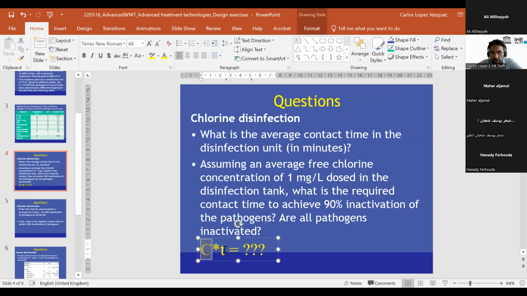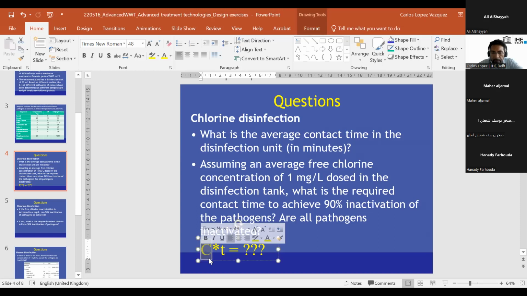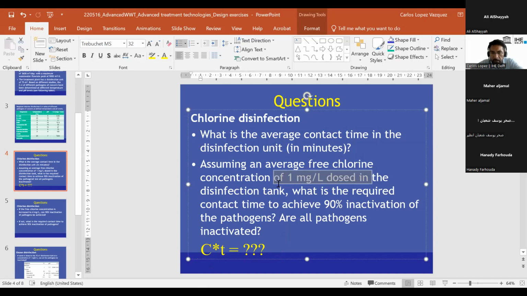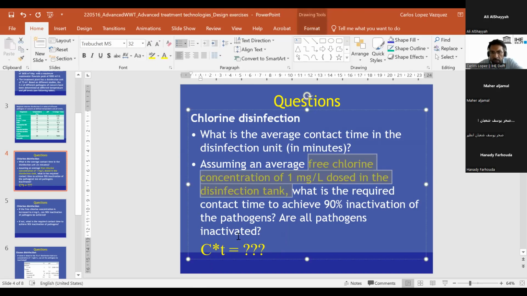What is C and what is T? I think C is the concentration and the T is the time. Okay, which concentration? The concentration of disinfection material that does. Exactly. Yeah, exactly. So this is the